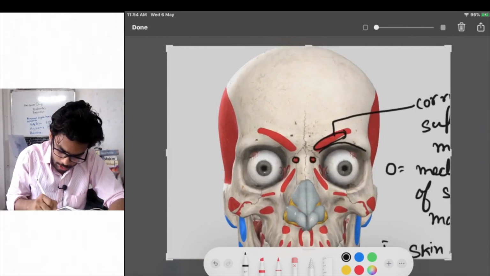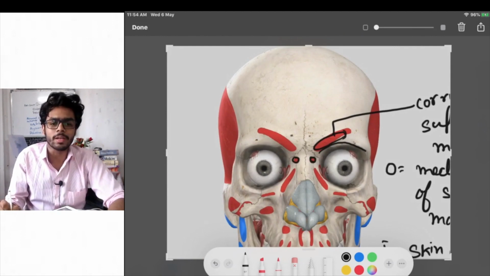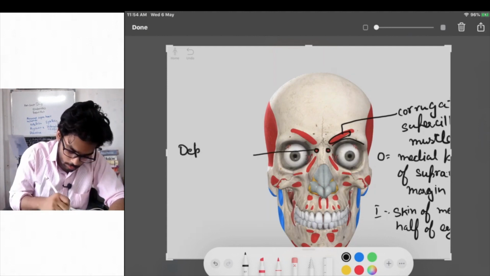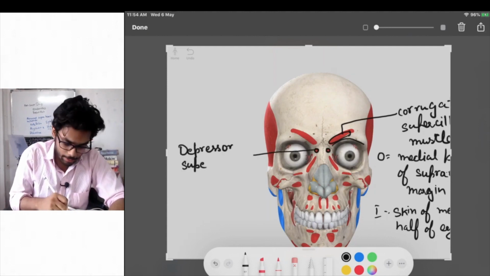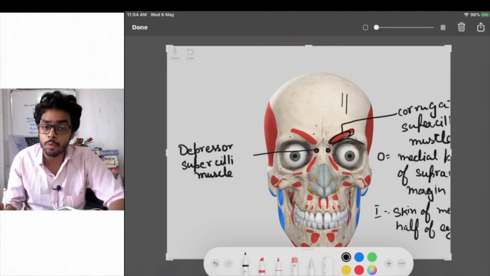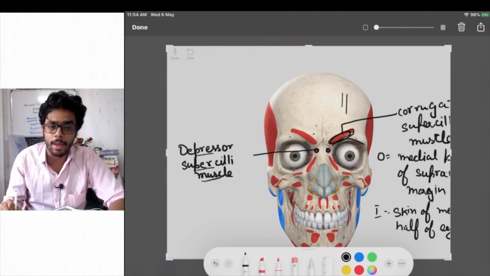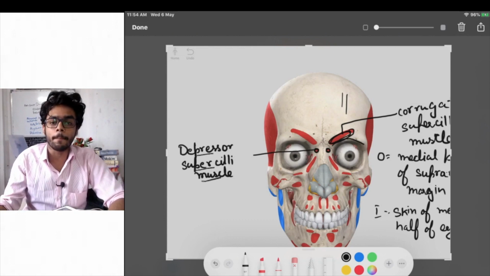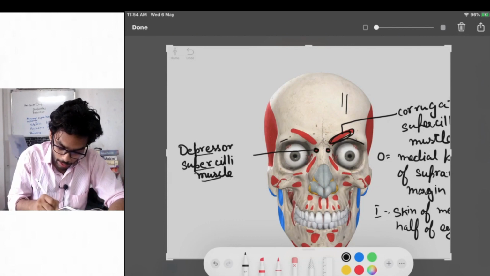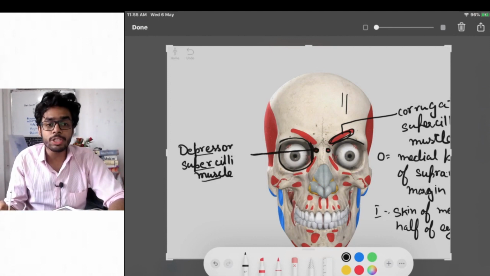See here, this is the origin of the other muscle known as depressor supercilii muscle. Three muscles we studied. First was the frontalis muscle, then the corrugator supercilii muscle, and now the depressor supercilii muscle. Here also the origin of the muscle is the medial part of the orbital margin. This is the orbital margin, and this is its medial boundary, and the depressor supercilii muscle originates from this part, and it also gets inserted